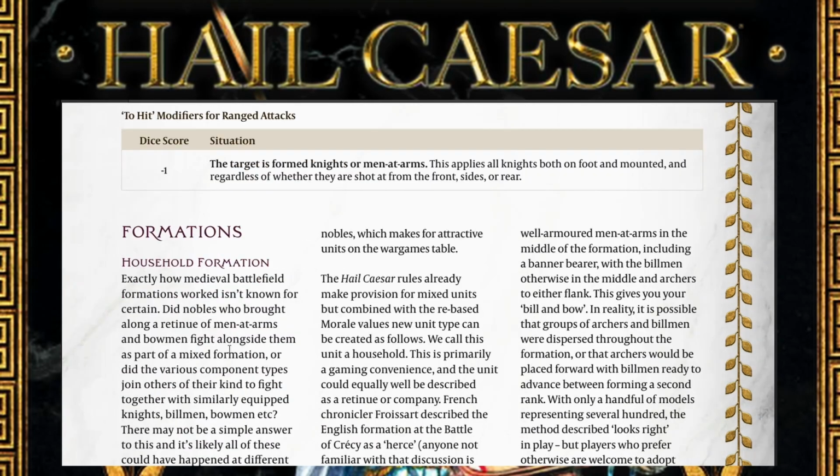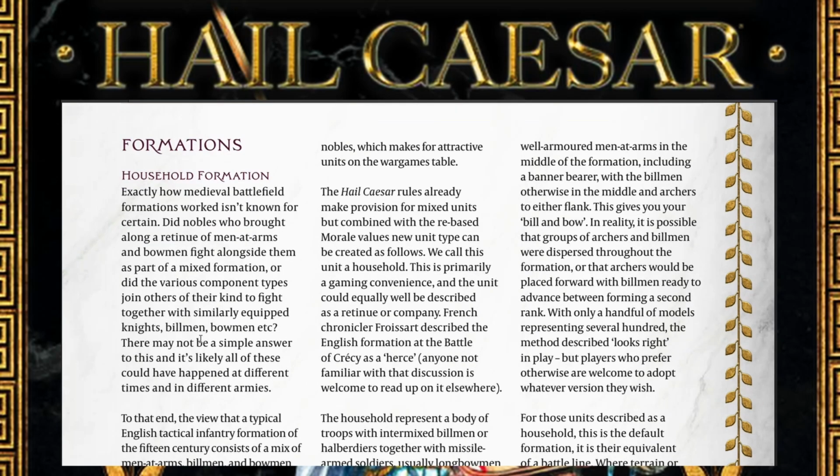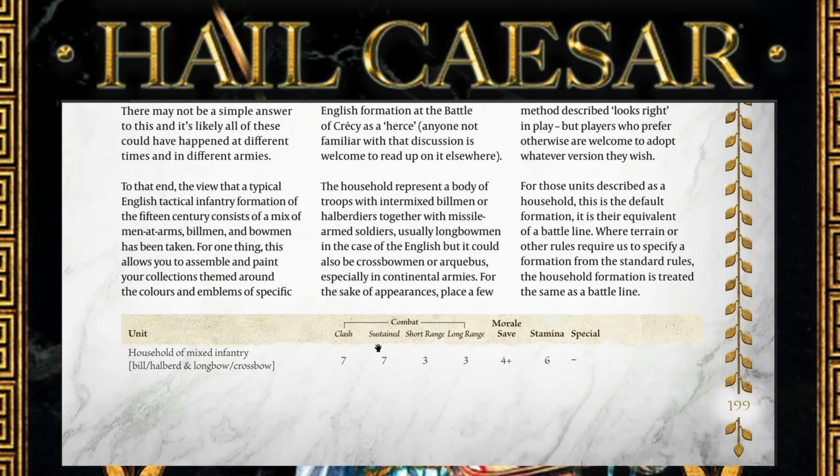Now you have the formations. You're talking about household formation. It's a mixed formation, most likely knights, billmen, and bowmen. So this is more of the Wars of the Roses. And it's talking about the English formation at Crécy. So it's creating a unit with men at arms and billmen in the case of the Wars of the Roses, and some longbowmen on the flanks. We'll go and see this. And here it gives you the attributes. So household, mixed infantry, bill, halberd, longbow, crossbow. So you can have men at arms here for the 100 Years' War and longbows. And it gives you class 7, sustain 7, short range, long range, +4 morale save and stamina. Typical, I think,